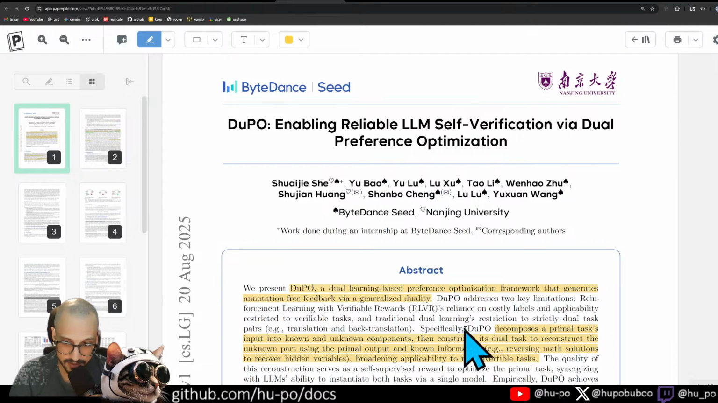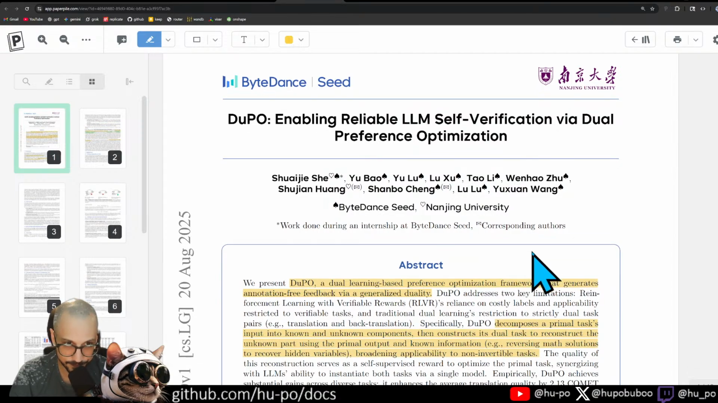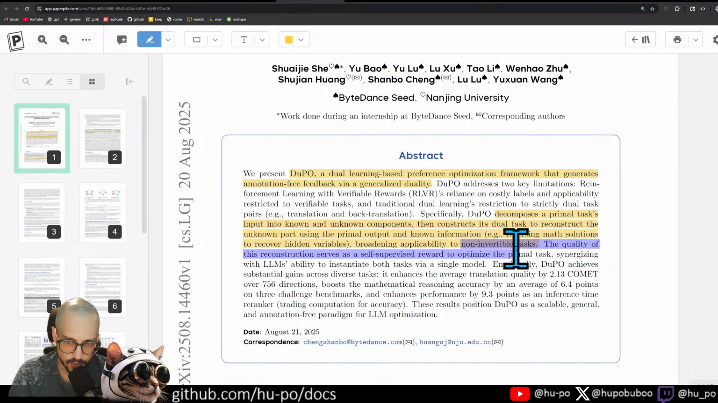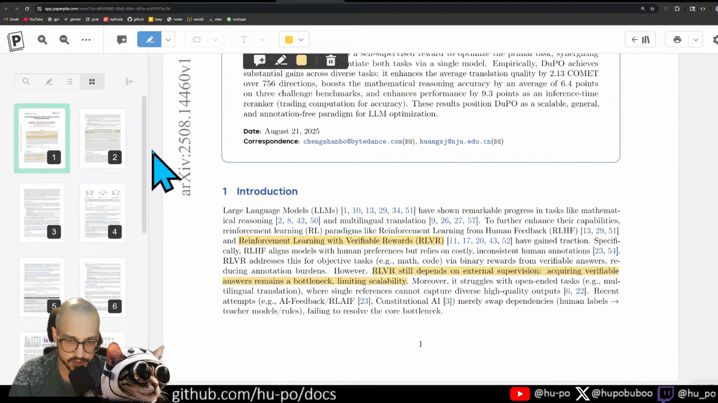Like what? Decomposes a primal task's input into known and unknown components, then constructs its dual task to reconstruct the unknown part using the primal output and known information, e.g. reversing math solutions to recover hidden variables, broadening applicability to non-invertible tasks. Okay, so what do they mean here by broadening applicability to non-invertible tasks? So what they're talking about is that